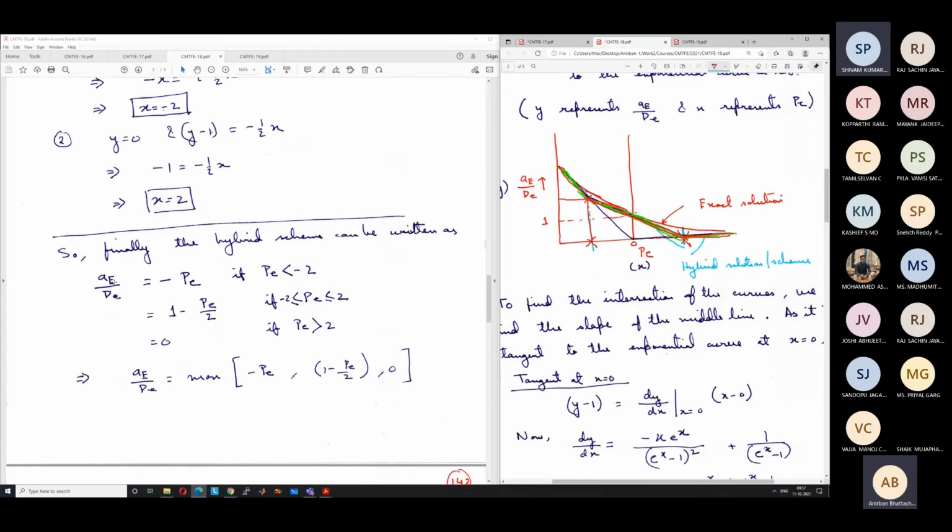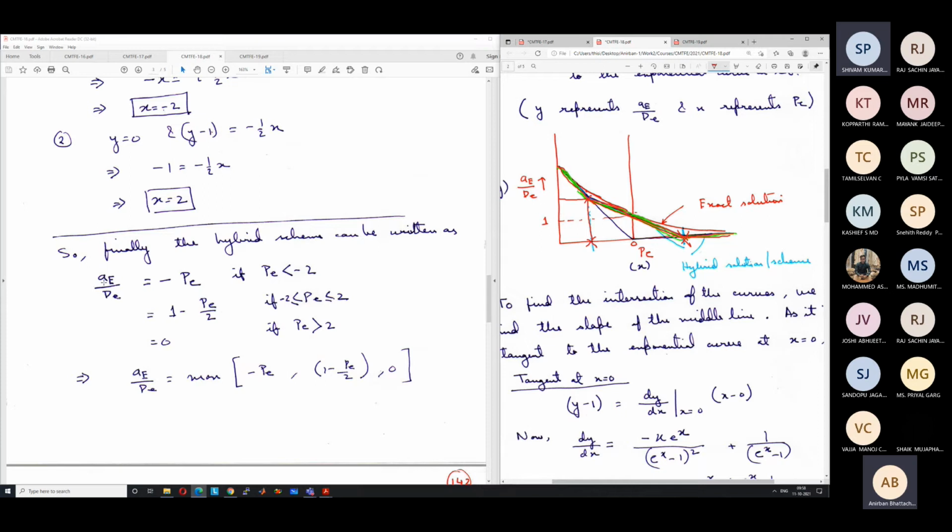From here you can write A as A by D. So what will be A? You have to multiply this by D. Okay, so A is equal to minus Fe if the Peclet number is less than minus 2, A is equal to 1 minus Fe by 2 if the Peclet number is between minus 2 and 2, and A is equal to 0 for Peclet number greater than 2. And physically also it makes sense. Think about what we have discussed in the beginning of the class. For a very large value of P, the A value should be 0 because there should not be any influence of the downstream side, meaning from the point E.